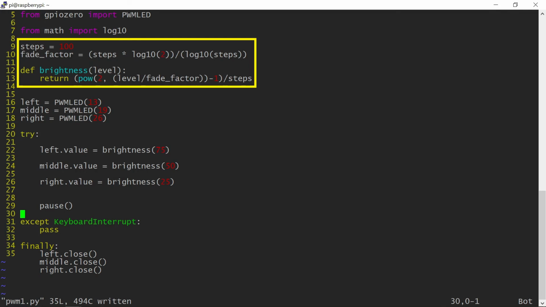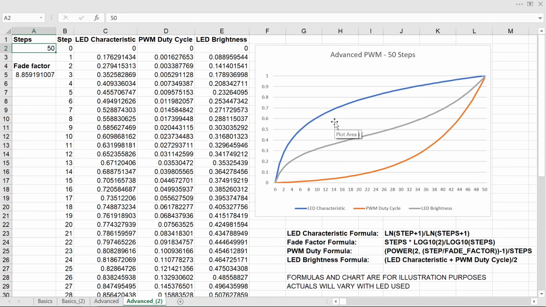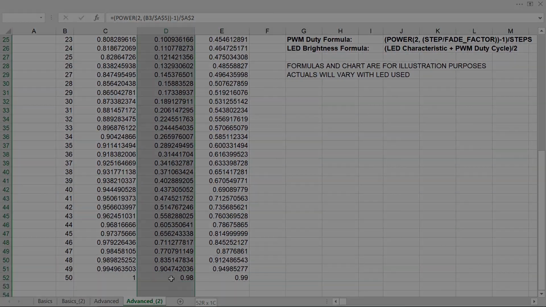a performance hit every time the calculation is done. If you were to make that calculation many times per second for multiple LEDs at once, it may be better to pre-calculate the values and use them as a lookup table. Since I have these numbers already in my spreadsheet, placing them in a program is actually very simple. All I need to do is to copy the values from the spreadsheet column into my program and put it in a list. Let me show you how that would work.